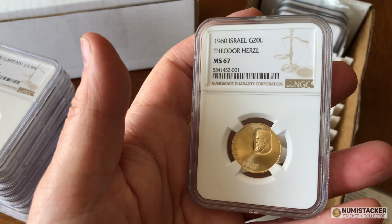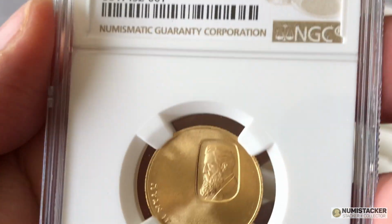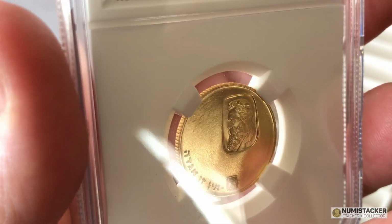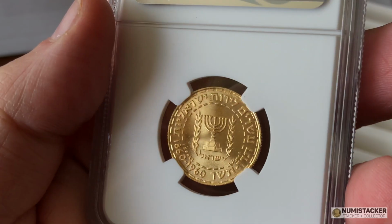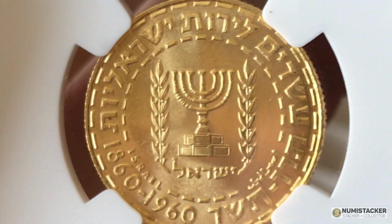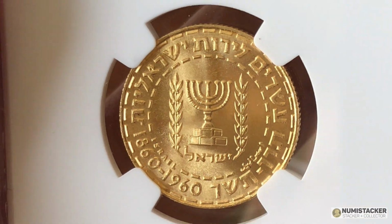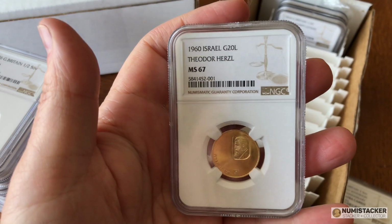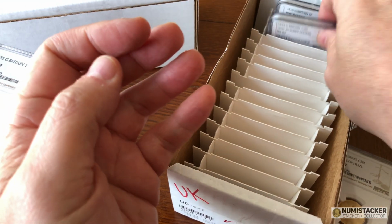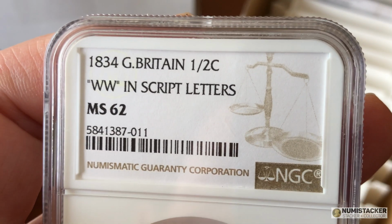I used to put early releases on coins when I had them graded. More recently, I've decided, well, what the hell, and I almost always choose first releases rather than early releases. Both of those terms are fairly meaningless, but they can only go onto a coin within 30 days of the coin's release, or at the moment actually 45 days. With COVID, they're allowing a little bit of extra leniency on coins that can come in on those blue first